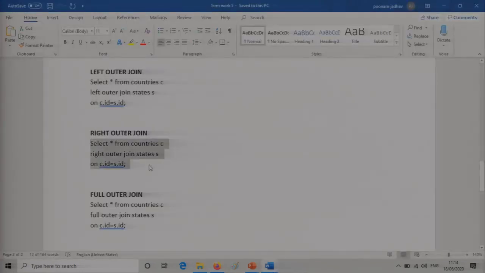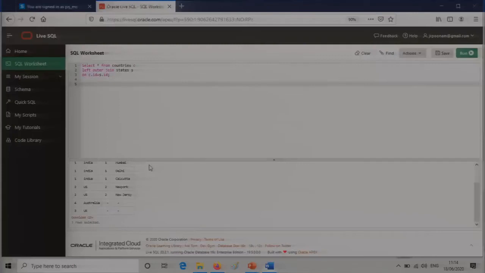So whichever is there in the first set will be taken up. Similarly, when I say right outer join, it will be the second table